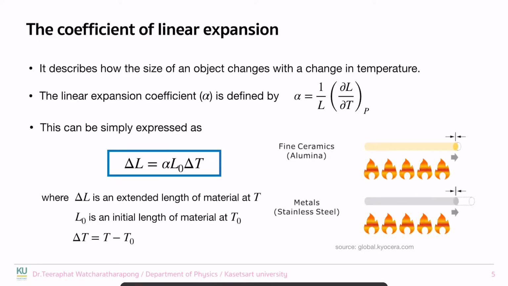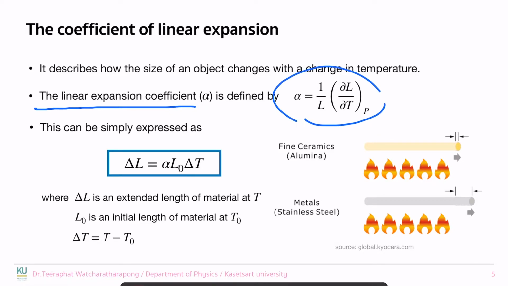This is called the linear expansion coefficient, which is denoted here by the alpha symbol. This quantity describes how the size of an object changes with a change in temperature, as given in this equation. Or we can simply express this equation in the form of delta L like this,